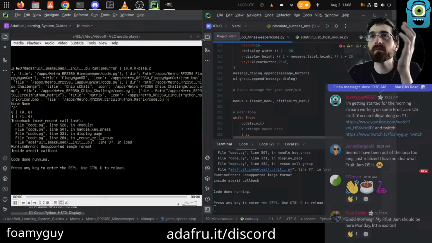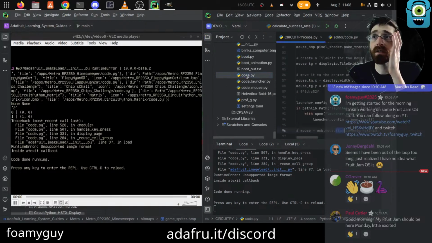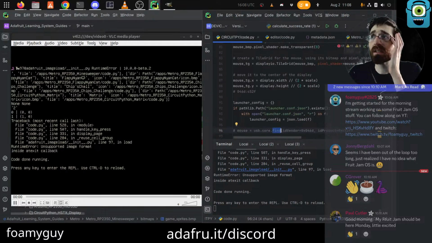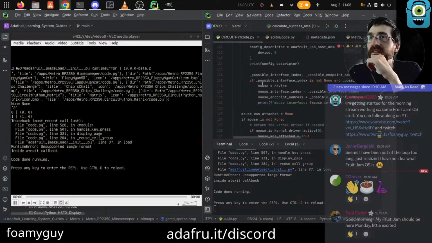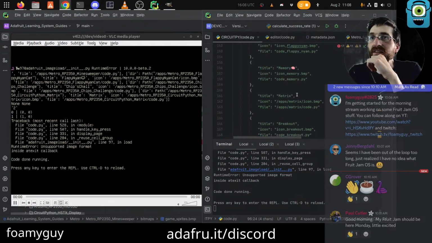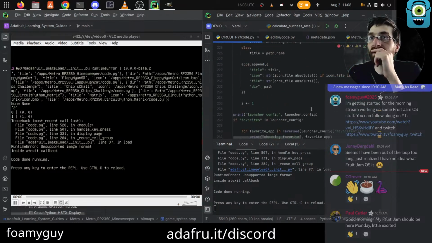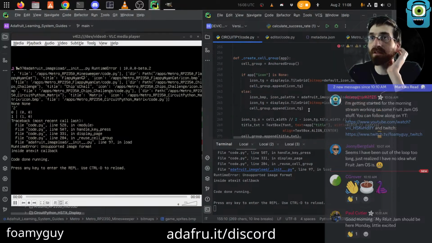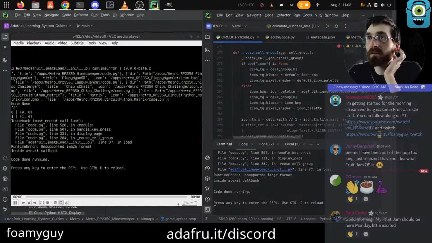Oh, we're not in Minesweeper. We're in the launcher. Line 284. Oh, we could get rid of these. That is the old hard-coded list of apps from before it would even find them in the folder.